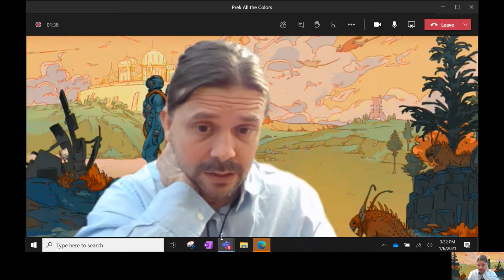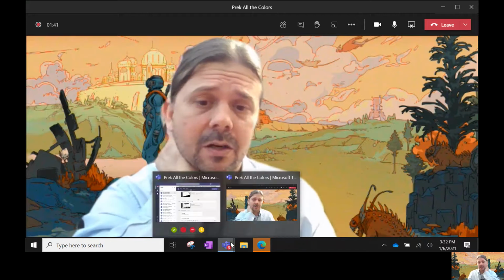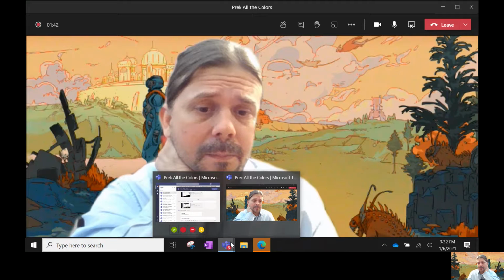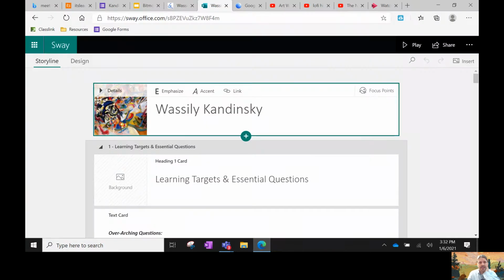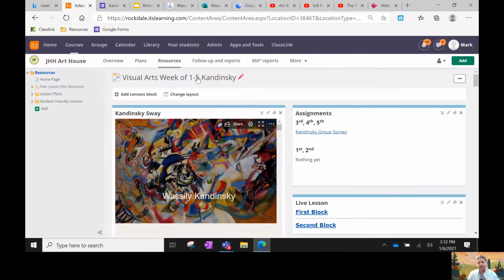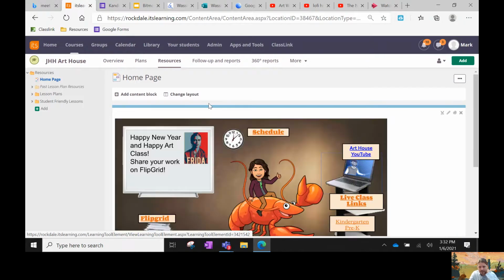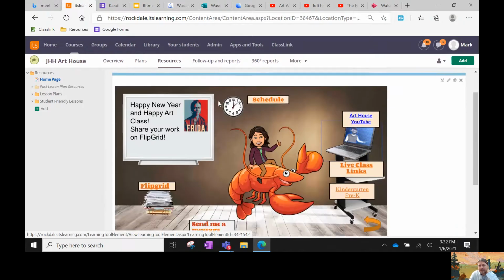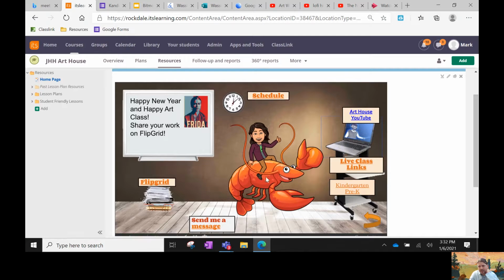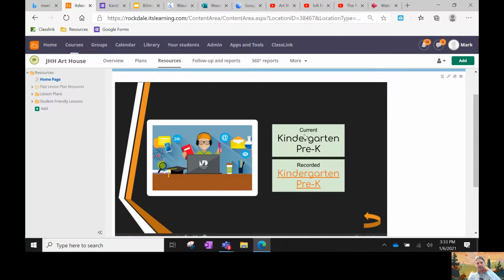But first, I would like to show you some things I've changed about the classroom setup. I'm not totally done with the changing, so I'll talk about this each week until I've got it where we want it. You can see this is a little bit more clean, I think. We've got fewer things on here. There's still the kindergarten pre-K link right here, and if you click on that, it's going to take you to these spots.